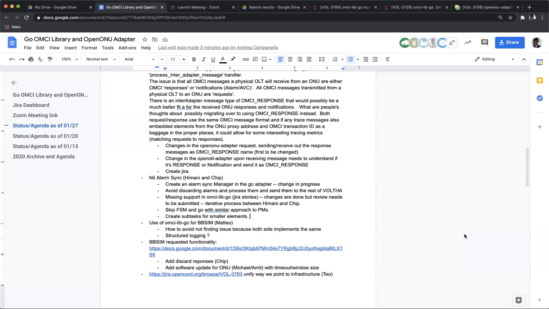I'm helping Hamani on some alarm stuff, so I can switch over. I'm pretty sure I have unit tests. I can just tweak them and see if I can create multiple. Okay, if you need, I can send you a small unit test that I wrote that generates the packets.